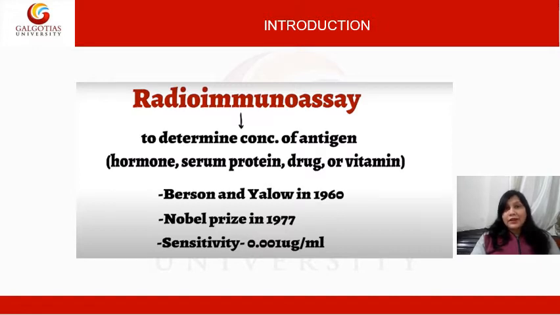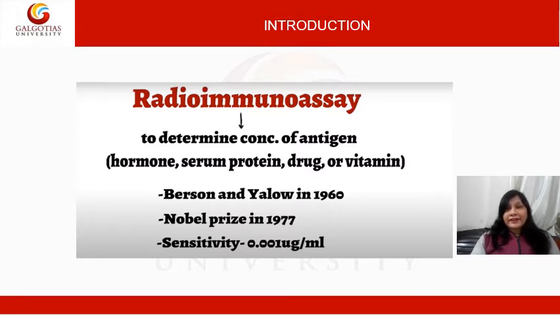By using immunoparticles, we know the immunoparticles are antigen and antibodies. The radioimmunoassay, which is the actual topic of this lecture, is the immunoassay that uses radio-labeled molecules in a stepwise formation of immune complexes. The radioimmunoassay is a very sensitive in vitro assay technique that is used to measure concentration of substances. Means it is a quantitative type of assay that usually measures antigen concentration, for example hormone level in blood, by using antibodies.